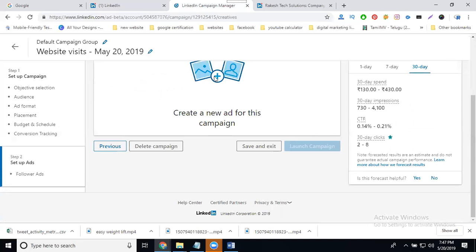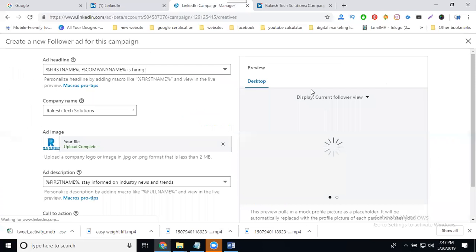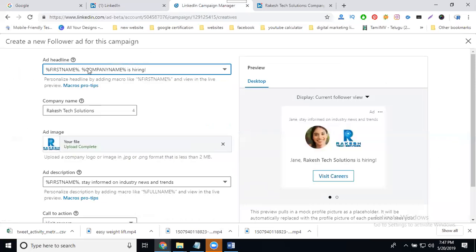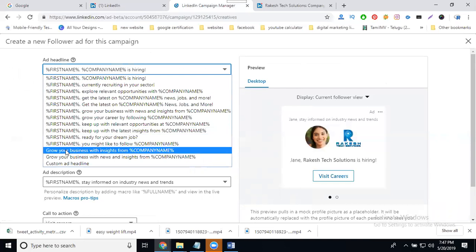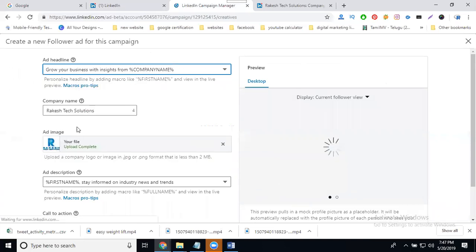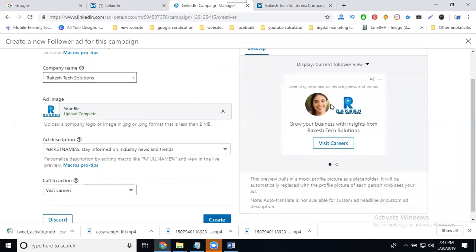Create your campaign structure, meaning the ad. Select your ad. Create ad. First of all, add the headline. Go to your business and see this ad. How will I upload it?